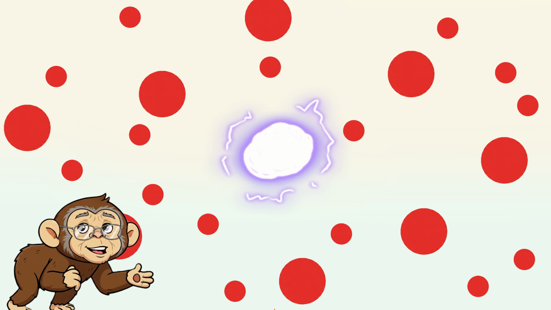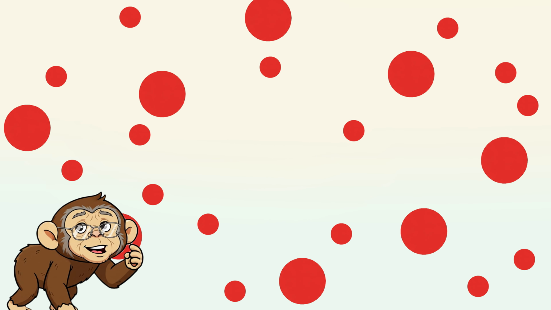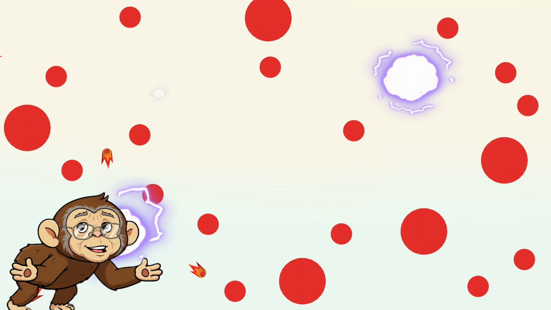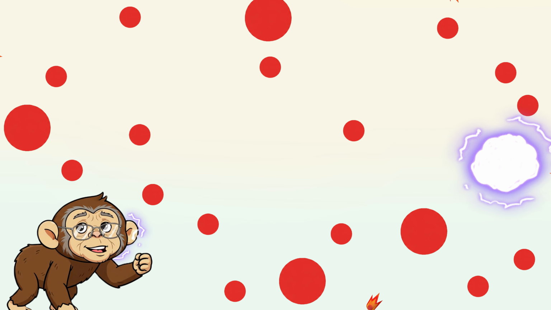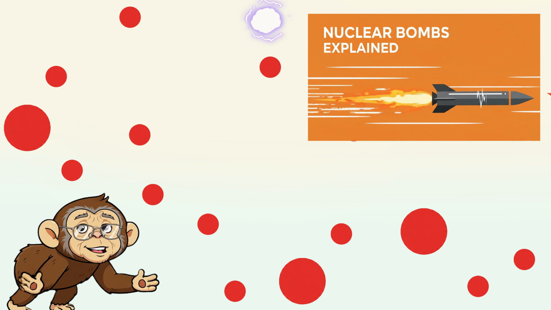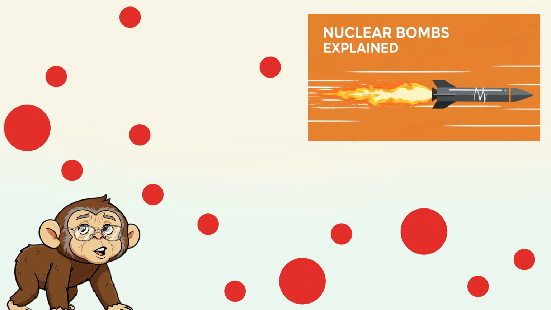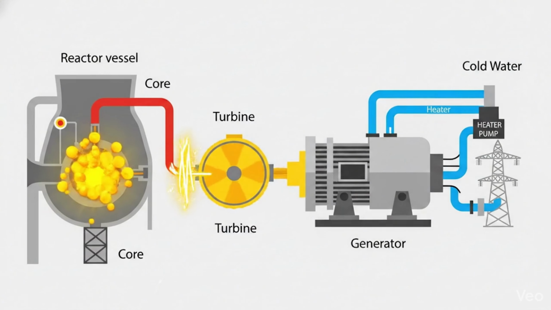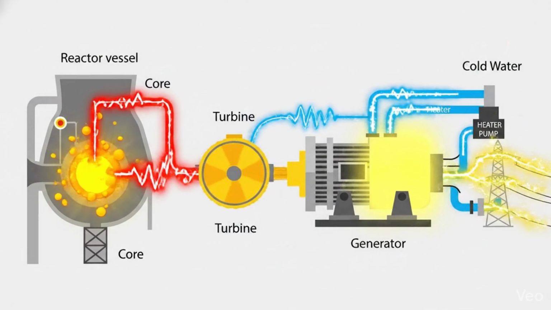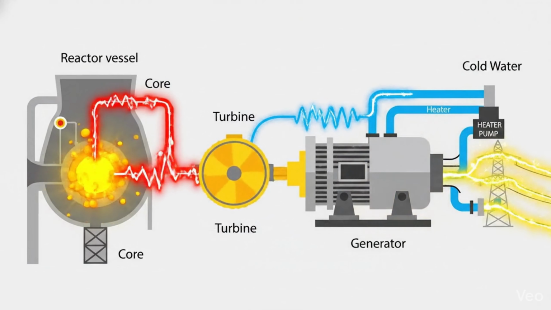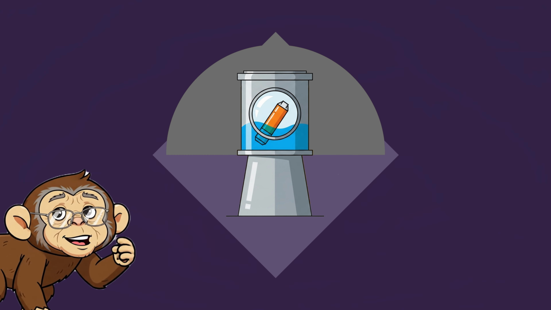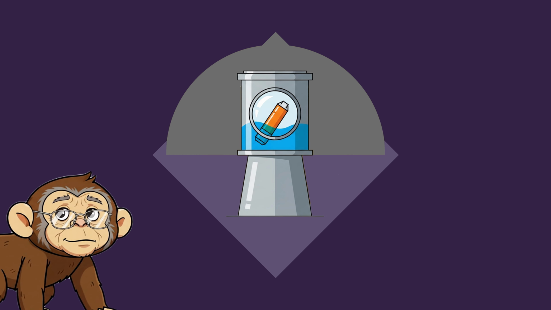Most of the time, it immediately splits into fast-moving lighter elements, some additional free neutrons, and energy in the form of radiation. The radiation heats the surrounding water, while the neutrons repeat the process with other atoms, releasing more neutrons and radiation in a closely controlled chain reaction, very different from the fast, destructive runaway reaction in an atomic bomb. In our light water reactor, a moderator is needed to control the neutron's energy. Simple, ordinary water does the job, which is very practical, since water's used to drive the turbines anyway. The light water reactor became prevalent because it's simple and cheap. However, it's neither the safest, most efficient, nor technically elegant nuclear reactor.